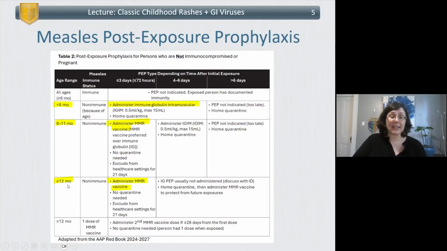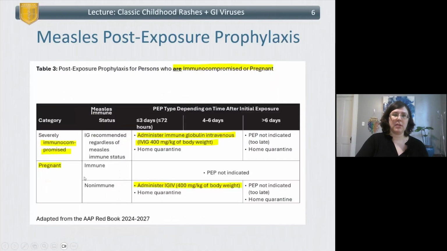All right, and then our last one is greater than or equal to 12 months, and they're non-immune, so they haven't been vaccinated. Administer the MMR vaccine. In these babies, at this point, there is not an indication, if they're previously healthy, to administer immunoglobulin. However, if they're immunocompromised, that is a recommendation. So severe immune compromise, regardless of measles immune status,